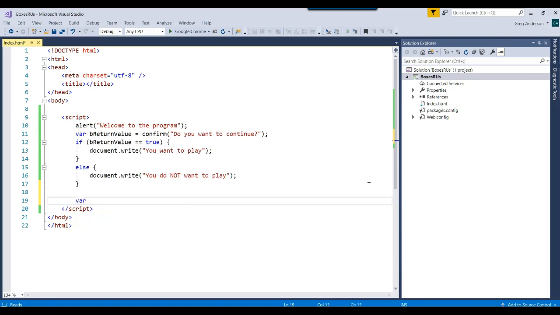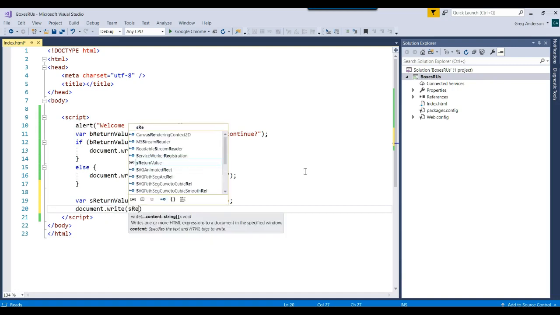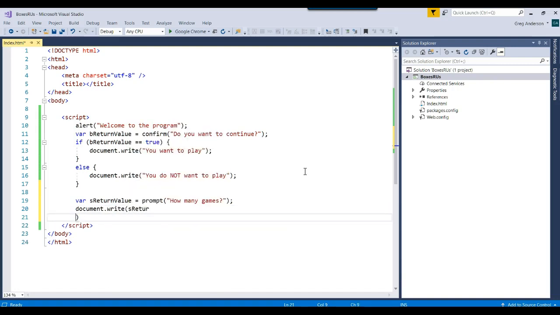So we'll just say var, and let's just say s return value equals prompt how many games, question mark. And then let's just keep it like that for right now and see what happens. And we're going to go ahead and document.write s return value